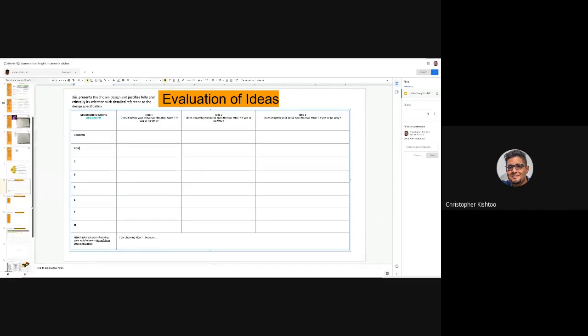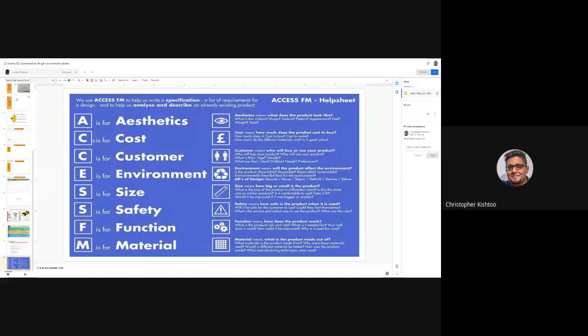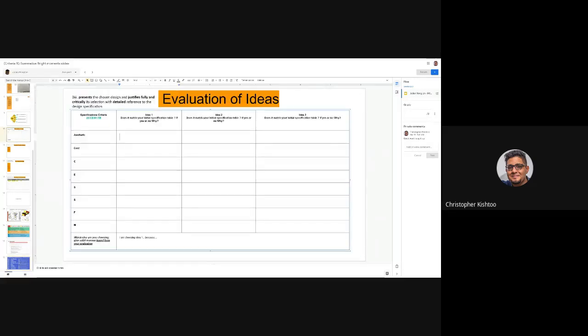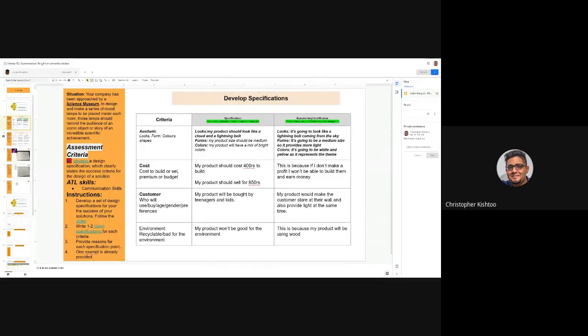If you're not sure what the letters mean, you can go to slide 18, the blue help sheet, and it gives you detailed explanation for each letter. So you'll see there's this idea 1, this is for idea 2, and this is for idea 3. So you have to go back to your specification table. If you look at Julian's specification table, for looks, he mentioned that my product should look like a cloud